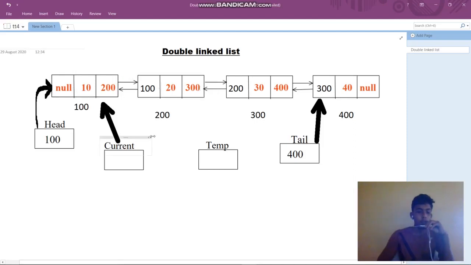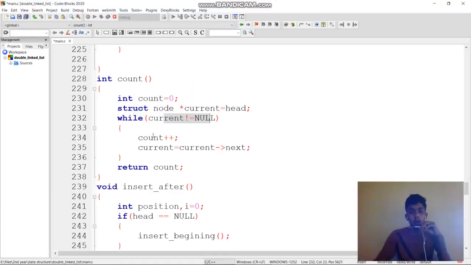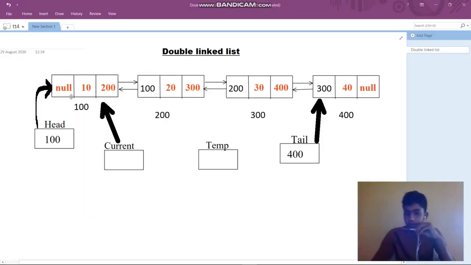So before that, count we are going to increment. Initially current points to 100. Current is not equal to null. Yes, it will go inside the while loop. Now current points to the first node. Now we increment count, initially 0, now 1.